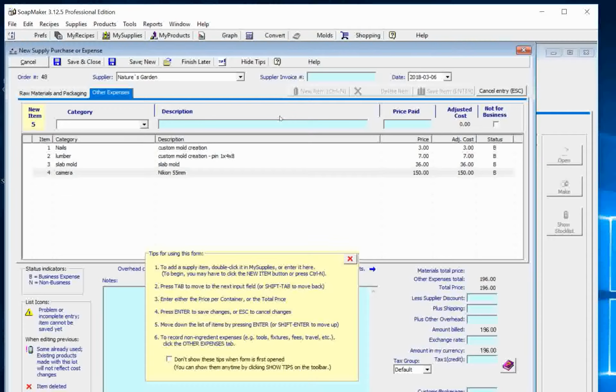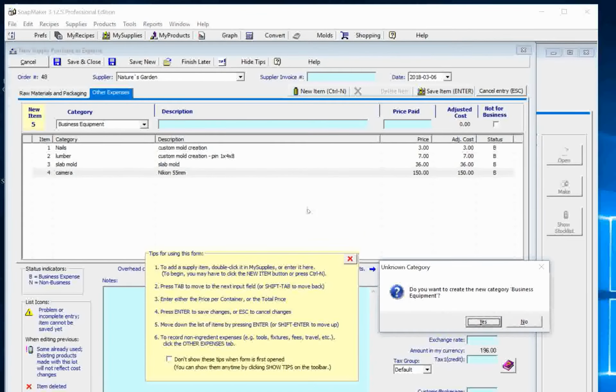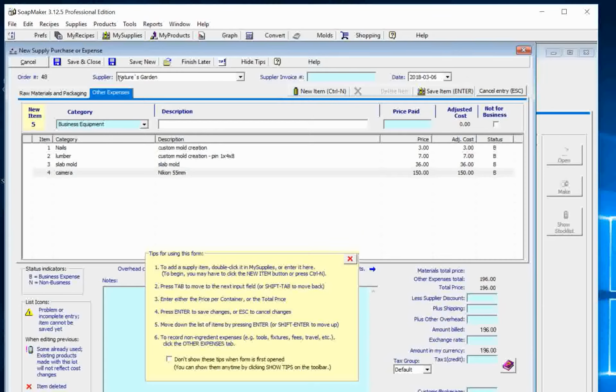All of these expenses ideally show you what it's costing you to be in business, and what an awesome application to have, right? SoapMaker 3 allows you to capture all of that detail, and when it comes time for tax season, when you run your reports, you have everything. All of your expenses are there. Everything is there. The category, even if you find that you want to get a little more descriptive with your categories, like business equipment. Business equipment, I think this would be a bit better than putting camera as the category. Business equipment, and here is where you can go camera, Nikon,